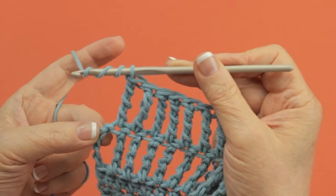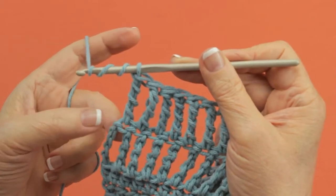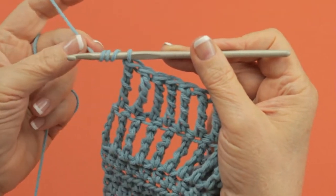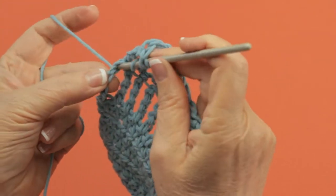To finish a row of double treble crochet, you have to work into the top of the turning chain 5 that you started with. This is your first double treble. You yarn over 3 times, insert your hook into the top of that chain 5, yarn over and pull up